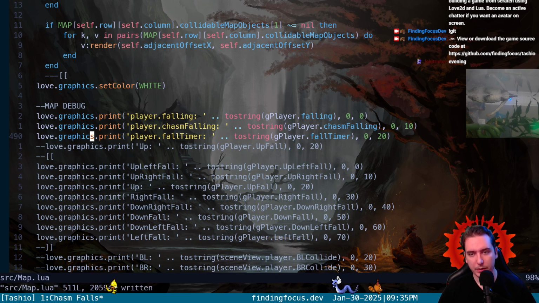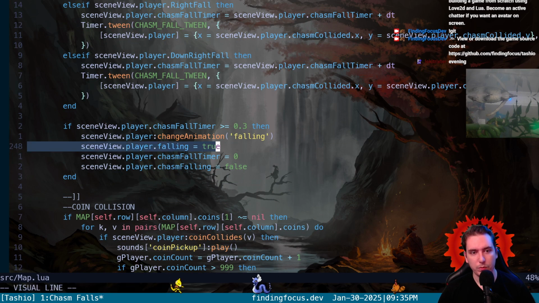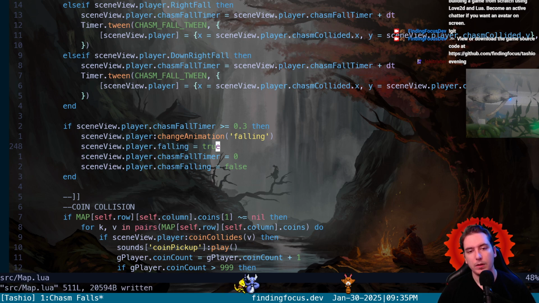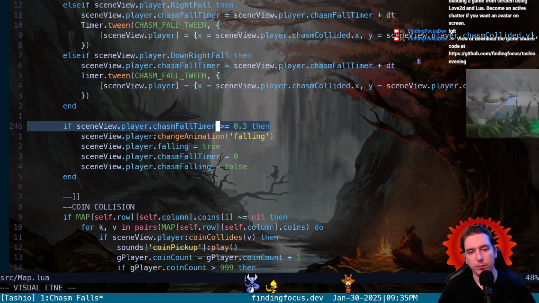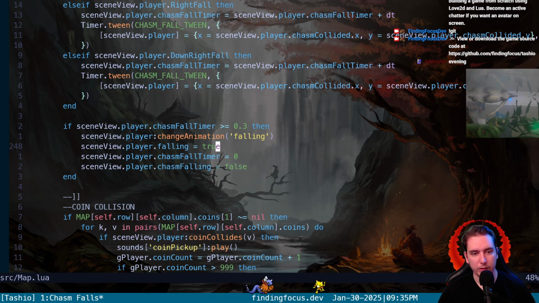So I'm not too worried about that, but we become falling if we've passed this chasm timer. We reset the chasm fall timer. We are no longer chasm falling. Okay, so